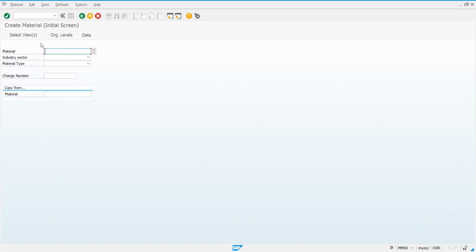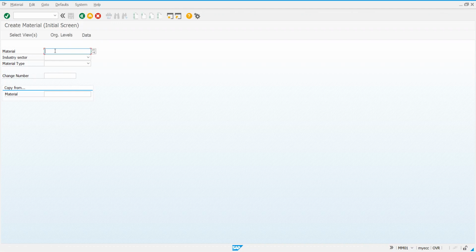Now in this material cell, if I name something for the material, then this is called external naming. If I number here in the material cell, then it is external. If I allow system to generate the material number based on the range what I have already defined in MMNR, then it is called internal numbering.